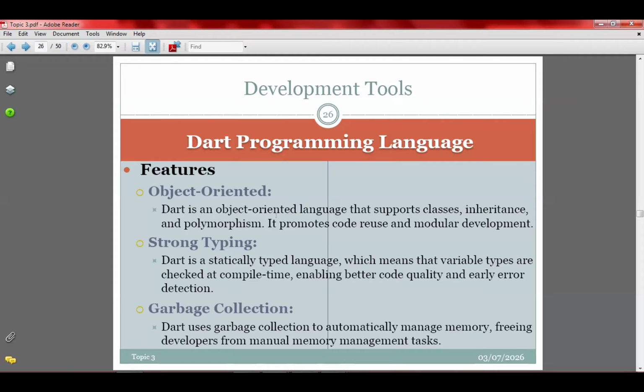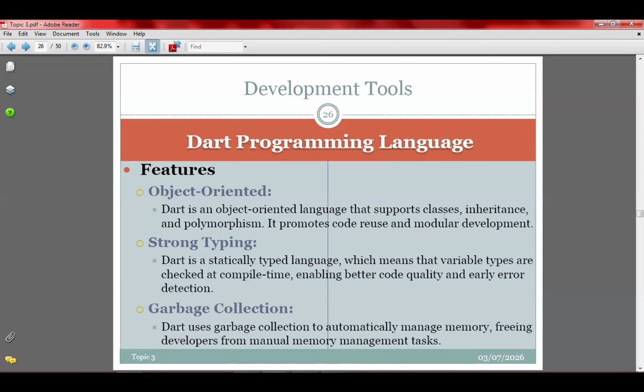Under Google, you see Chrome, Gmail, Maps, YouTube, Drive, and then Meet. These six things under Google are a group of objects, widgets, that are packaged into classes.